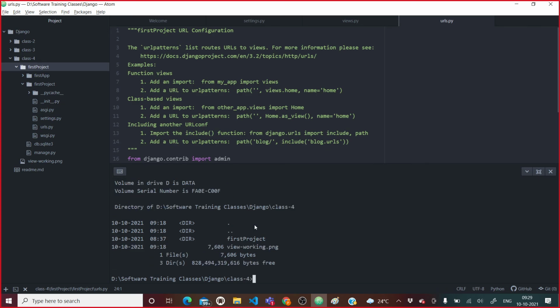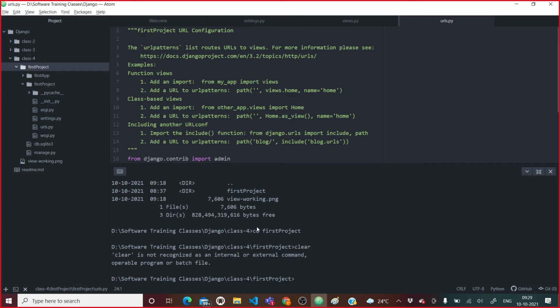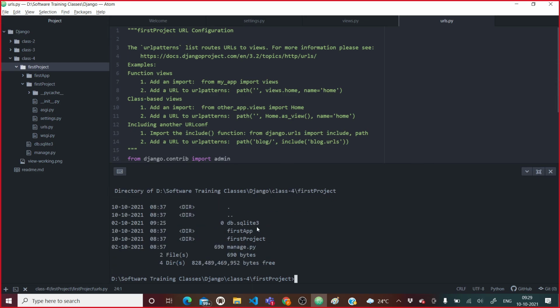After that, in this class folder, I need to go into first project. I will say clear. Now you can see that I have access to this project folder, first tab, manage.py, which is most important.